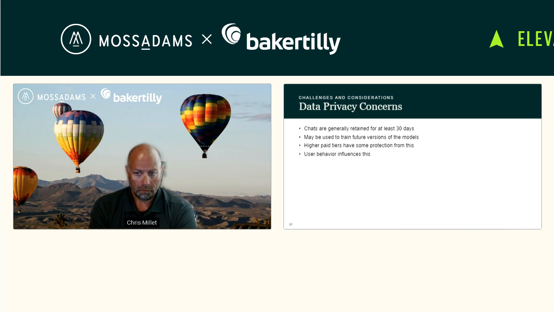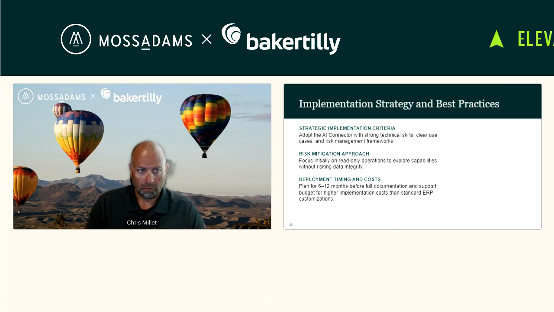For instance, when a response comes back from Claude, if you hit the up or down thumbs to say you like or don't like it, it takes that as an implicit permission to save that whole chat and use that feedback to correct its models for future versions. So be very aware of that. Of course, other AI models, when they become supported, are going to have their own data retention policies you'll have to be aware of.